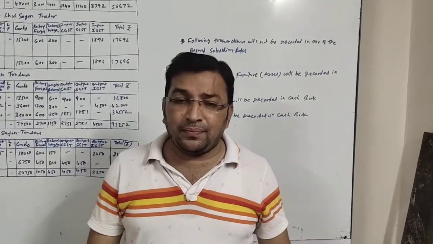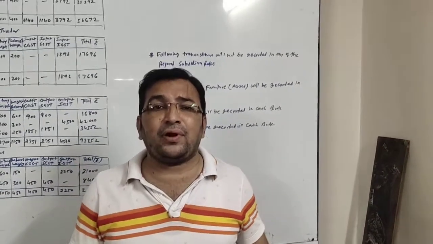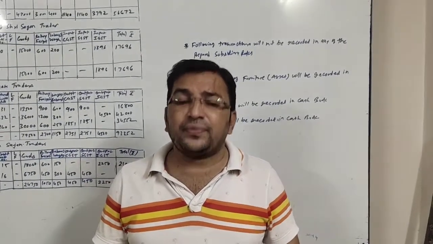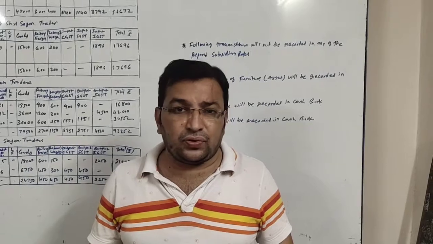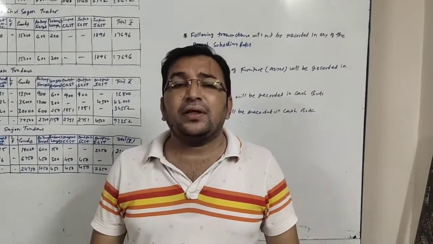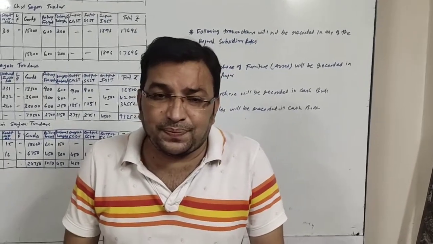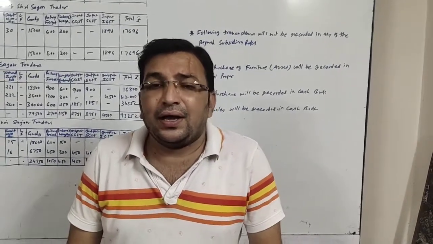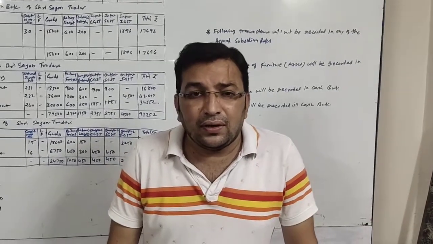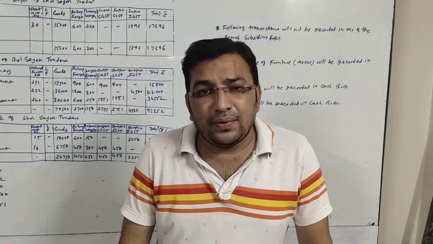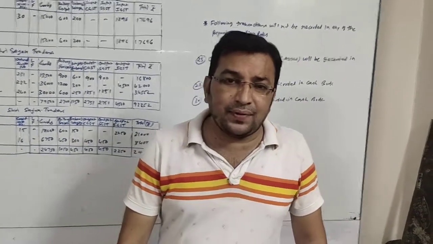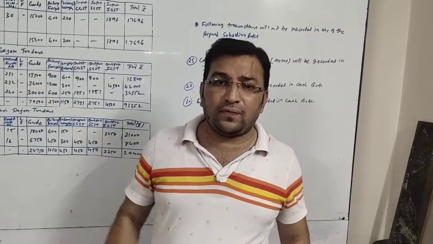Moreover, in this sum, in the beginning, they have not given which expense columns we have to make. So for that we will have to go through the sum. I have already gone through the sum. From that I could know that we need to prepare two expense columns, one railway freight and another labor, which we call wages. So railway freight and wages will be the extra columns for expenses. Let us have a look at the format of all four books.